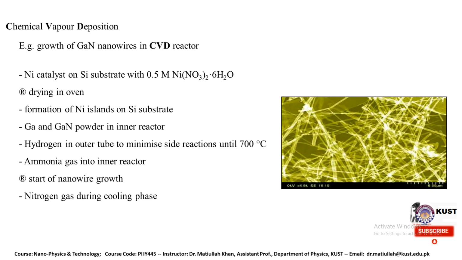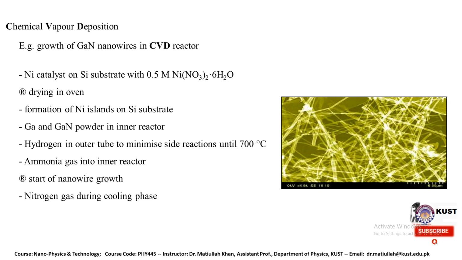Especially we can prepare gallium nitride nanowires from CVD reactors. In this case, the Ni catalyst and Si substrate are made with 0.5 M Ni(NO3)2·6H2O. So in this case it is dried in oven. This is actually the synthesis or preparation process of these particular nanowires, and this is the formation of Ni